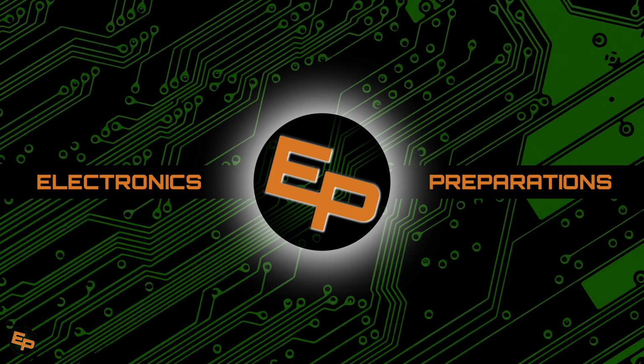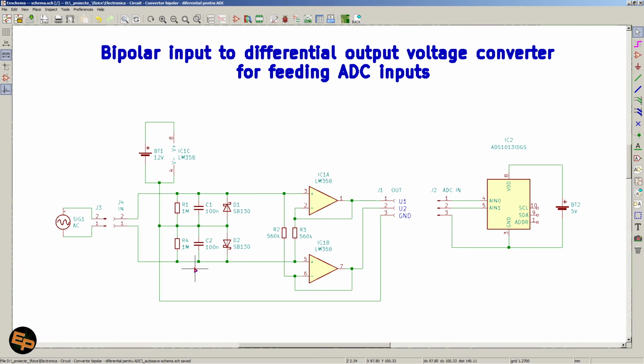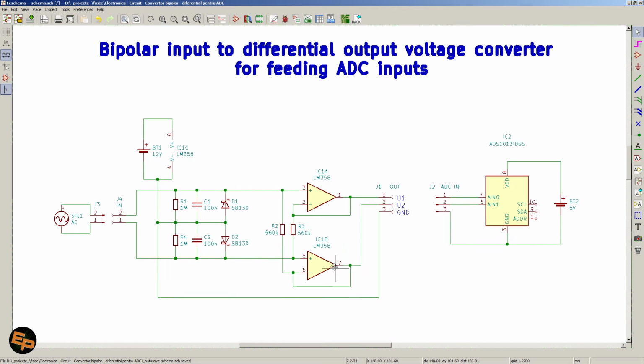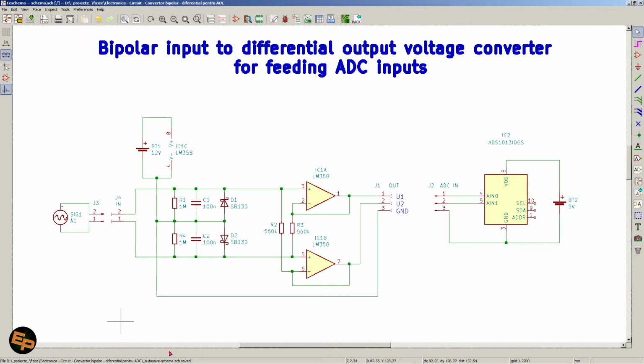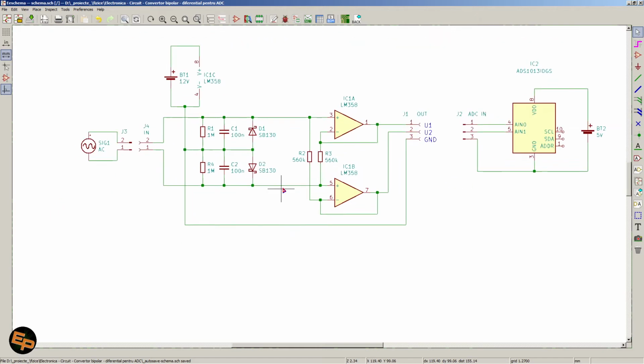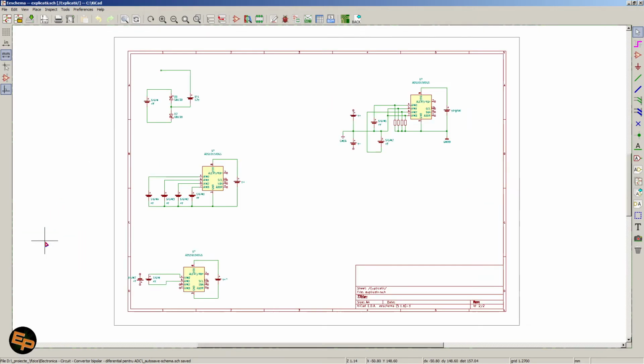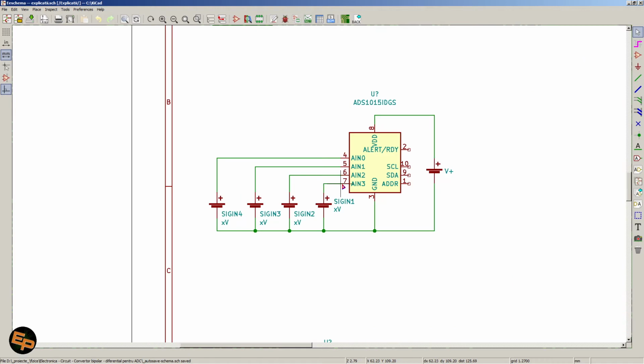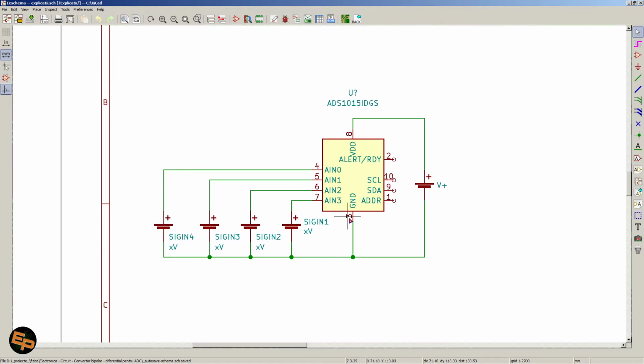So let's discuss a bit about the ADC itself as a general concept. Okay, we're going to ignore this for a moment. This is the circuit that I will be showing to you, and I will also be showing actual results from testing this circuit. But for the moment, let's just go into a different data sheet, into a different schematic, and let's explain what we want. So if we have an ADC that has multiple inputs,